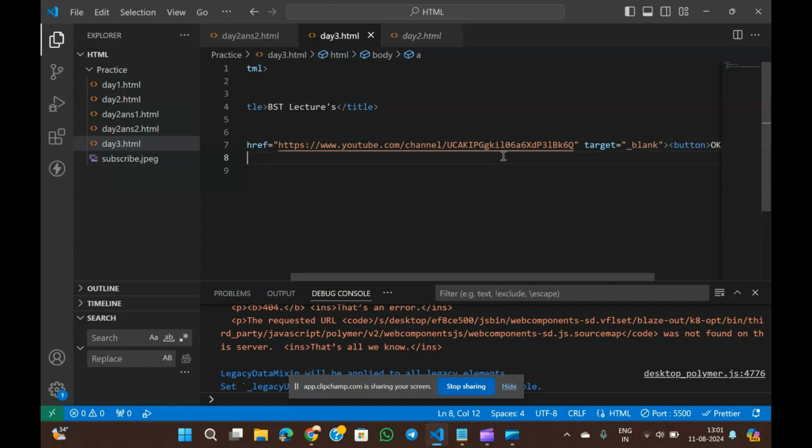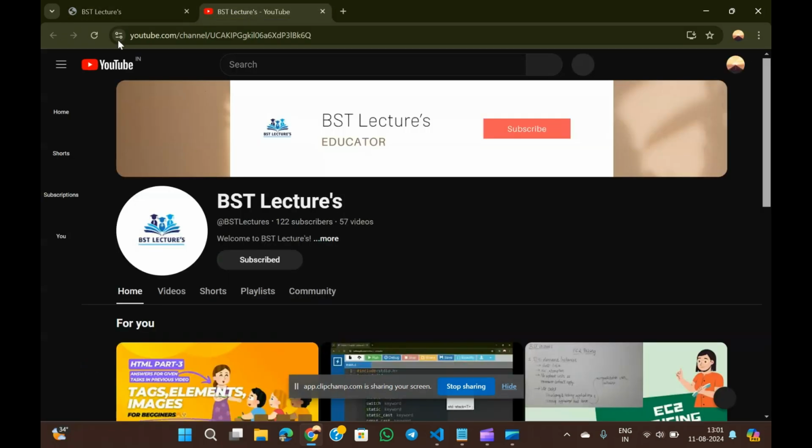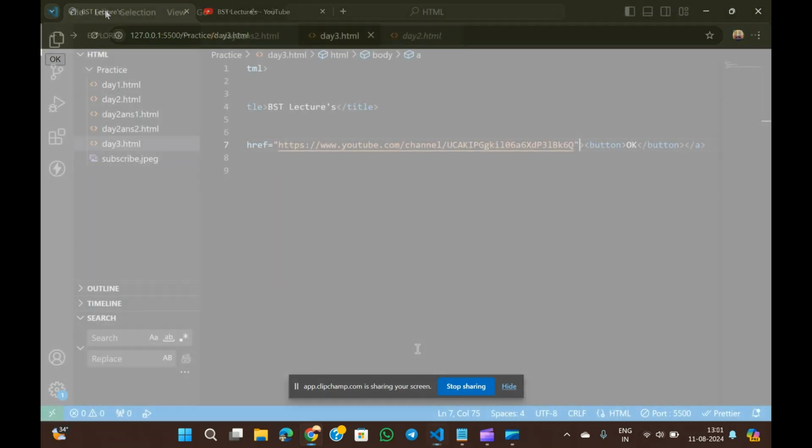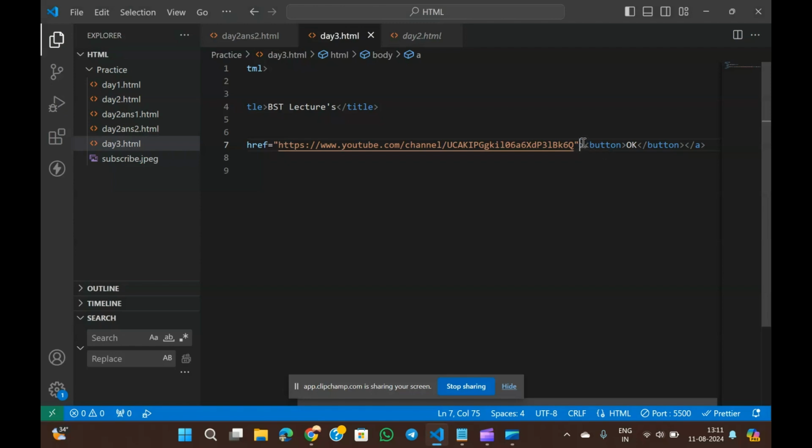First let us use blank. Let's observe what happens. Already it has gone live. See, in the previous case the link was opening in the same tab. Now it is opening in a different tab. You can see the difference. In this way the anchor tag is used, with the attribute href and the attribute, sorry, target. In the target attribute we have many types, that is blank, top, self, etc. These cases are used.